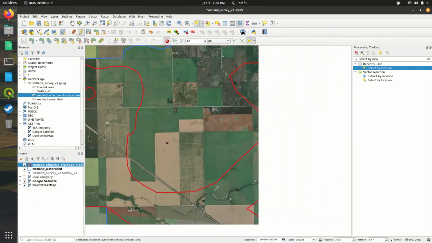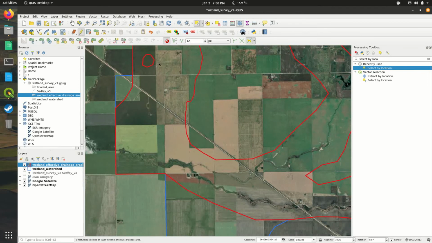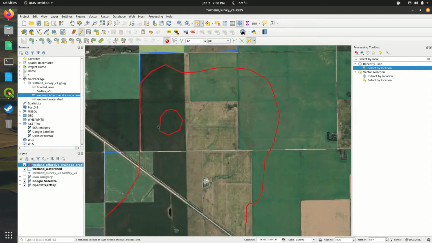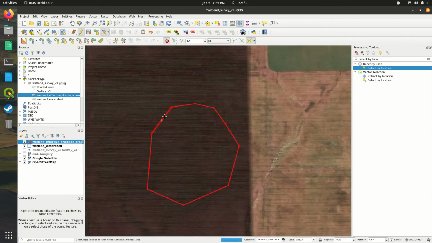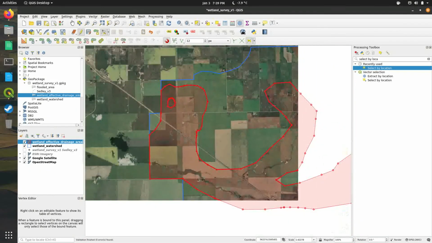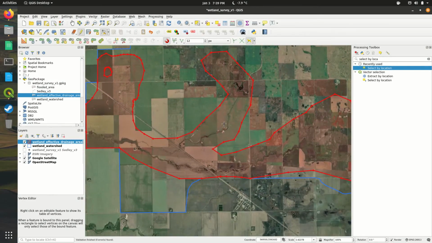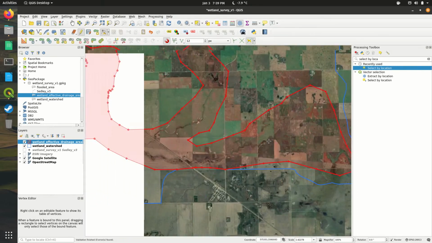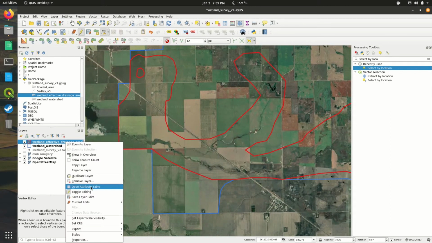So if you have somewhere where you want to get the greater area, but you believe somewhere inside the bounds is not going to contribute, this is how you would do that. This can be modified in just the same way as the outside ones. You can move the vertexes around and create new vertexes. And so with this one, and with the effective drainage area and the gross drainage area, you're probably going to want to know the area of the watershed. So if we open up the attribute table,